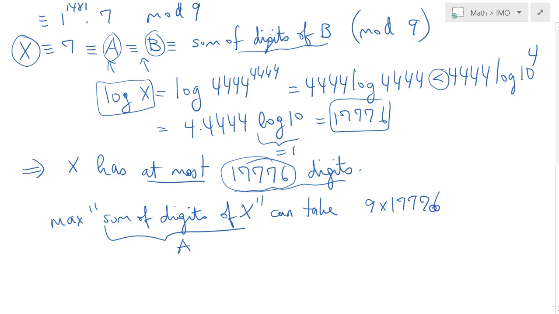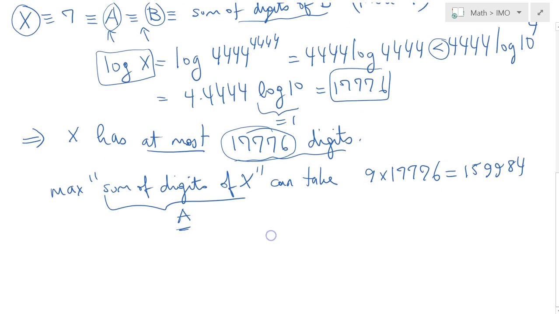So 17,776 times 9, and this is simply 159,984, if I'm not mistaken. So therefore this implies that a is less than or equal to that number. So let's clean that up. So a is less than or equal to